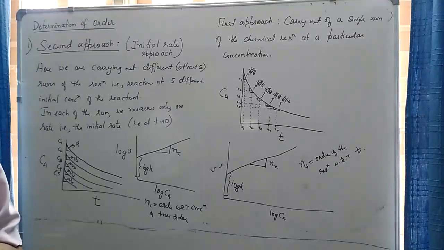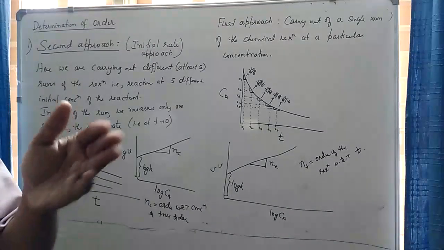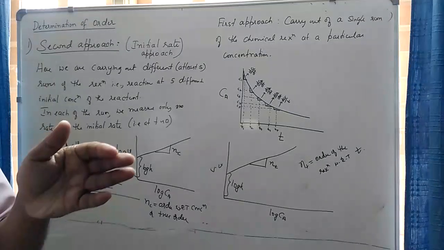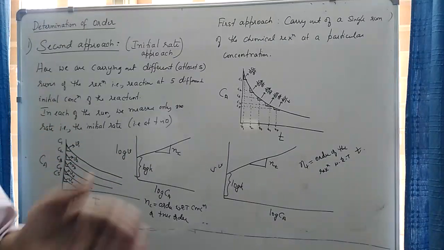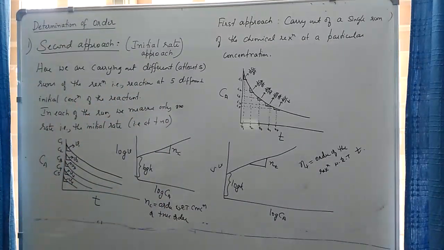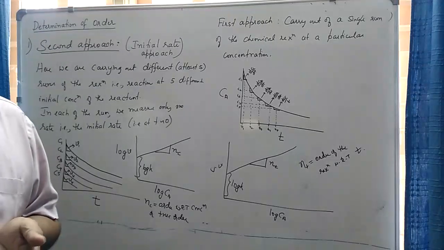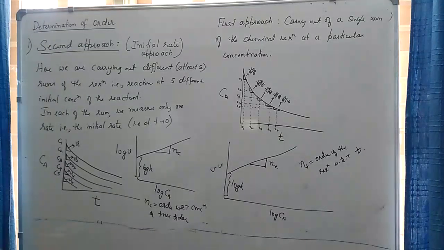We already know that with time the concentration of the reactant decreases. The way the concentration of the reactant decreases, the rate also decreases at the same speed. For example, if the reaction is a first order reaction, rate decreases gradually. If the reaction is second order, then the rate of the reaction decreases much faster compared to first order.